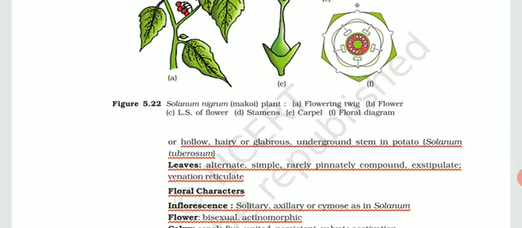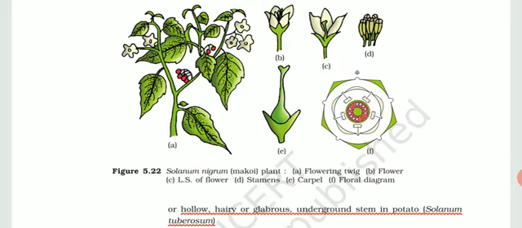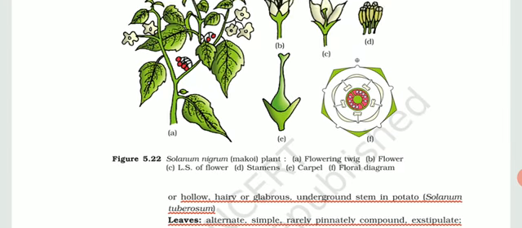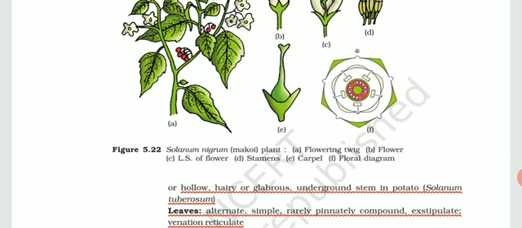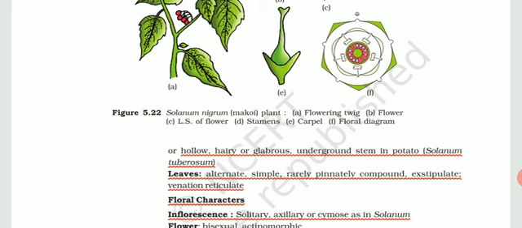Now coming to leaves. How are leaves arranged? You can see leaves are arranged alternate to each other. They are very simple leaves. I hope you can recognize them because we have studied all these features previously in the chapter. Leaves can be of two types: simple or compound. Compound leaves can also be of two types. Rarely pinnately compound, but usually they are simple leaves. There are no leaflets found. No stipules are there. Stipules are thorn-like structures present in the notches of the leaf. No stipules means they are called exstipulate. Then their veins show a network-like structure, so reticulate venation. So this was about the vegetative features.